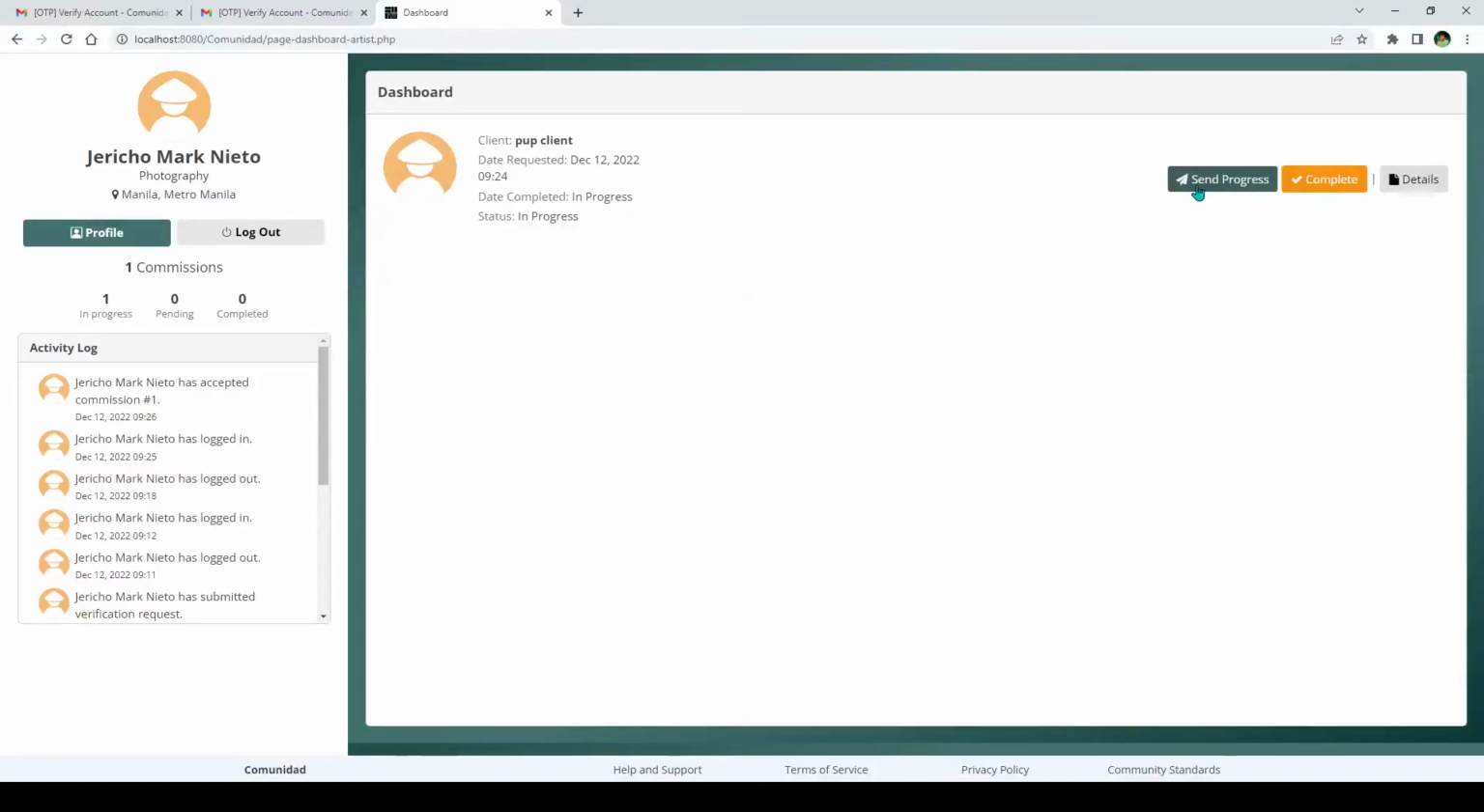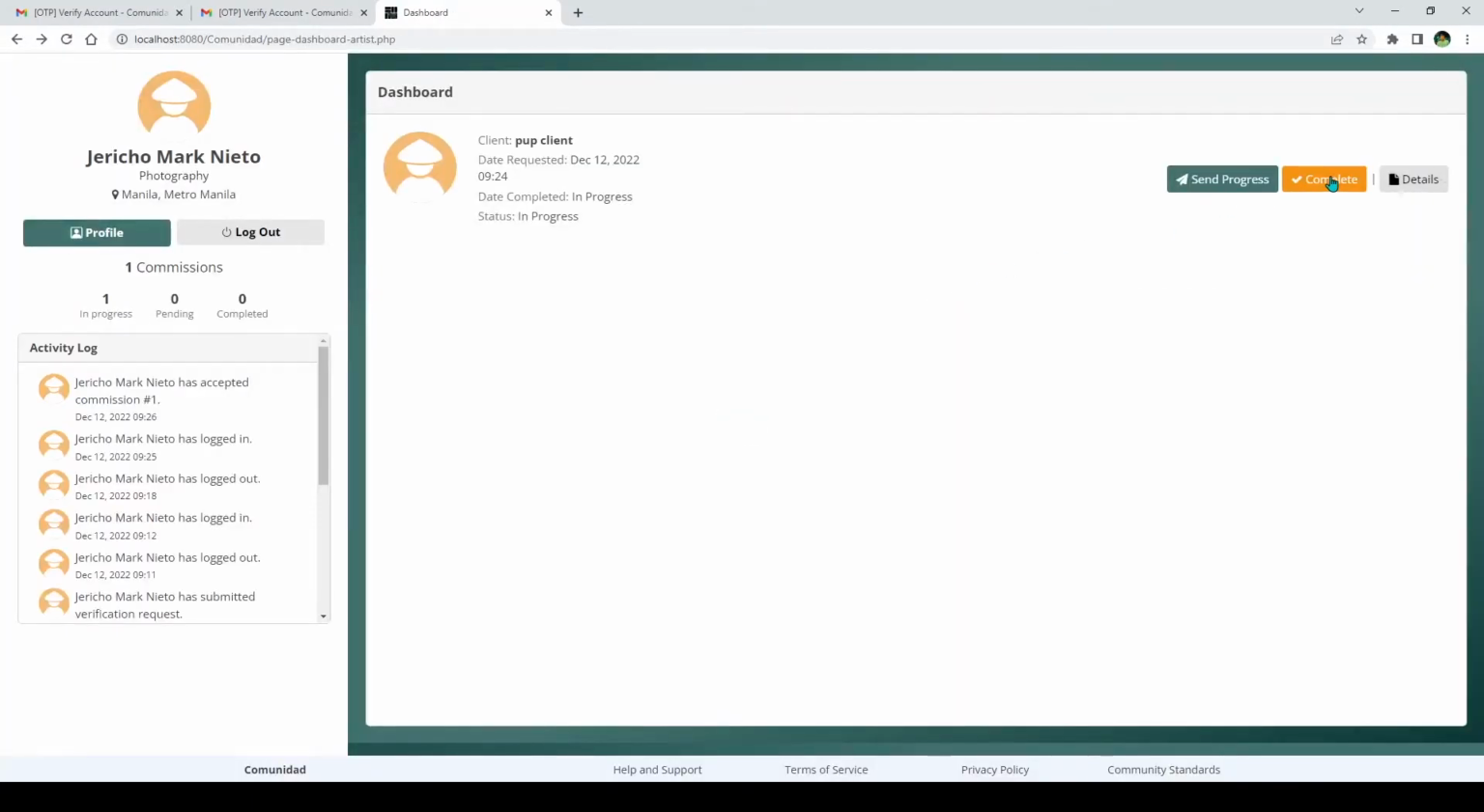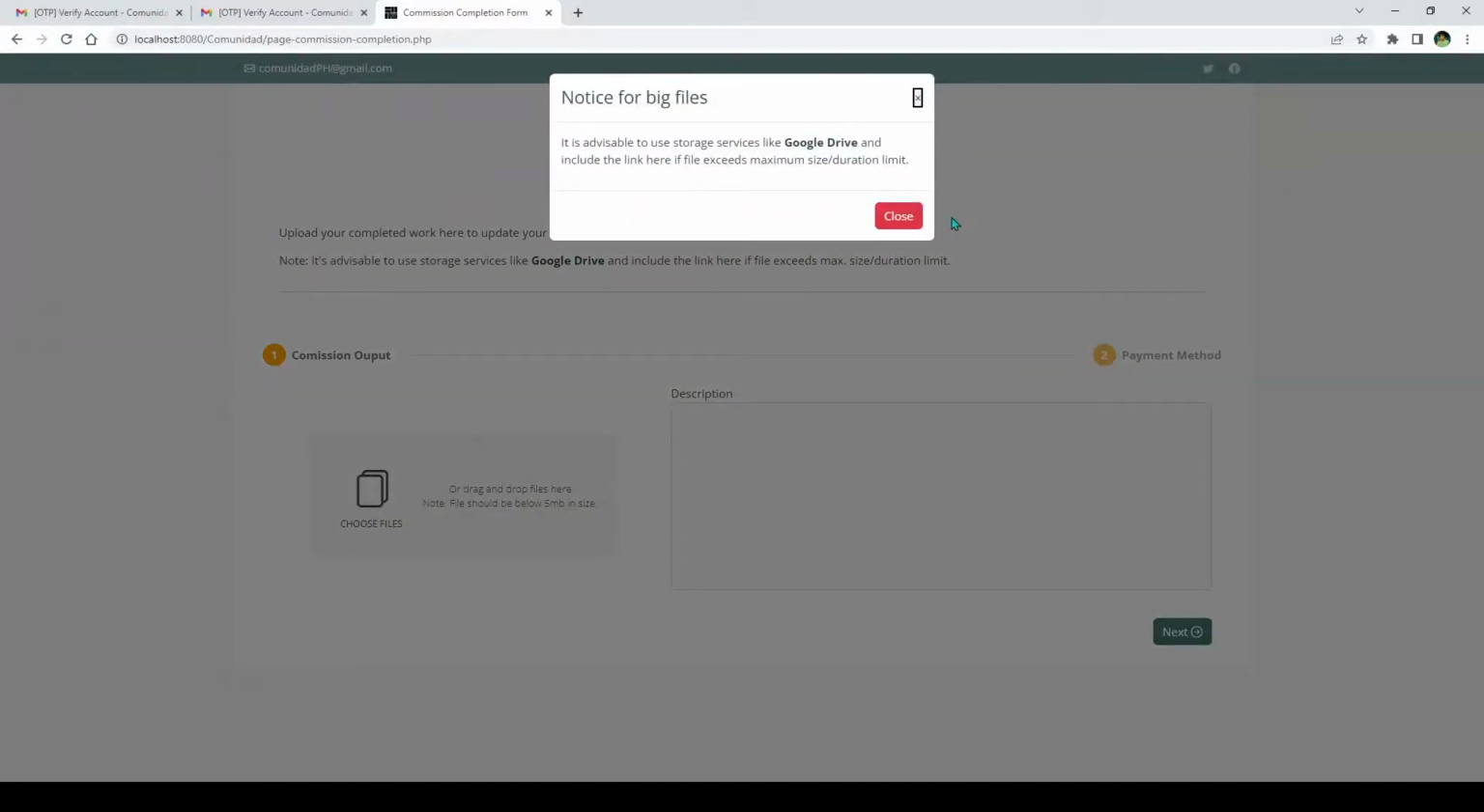So if ever that the multimedia freelancer has a completed part of the commission, he or she can send the progress report to the client, so we can upload the files or the description only or both, and click send. And then if we send it, it's going to be sent to the email of the client. So if ever that the multimedia freelancer has completed the commission, so we can go ahead and click the complete,